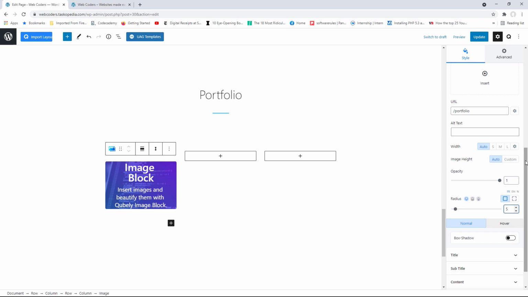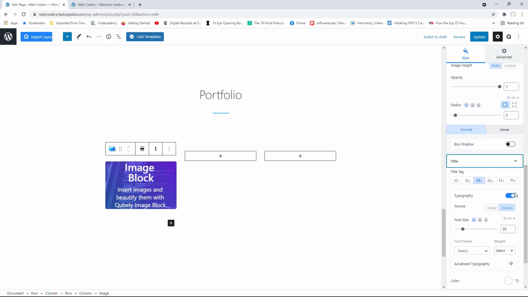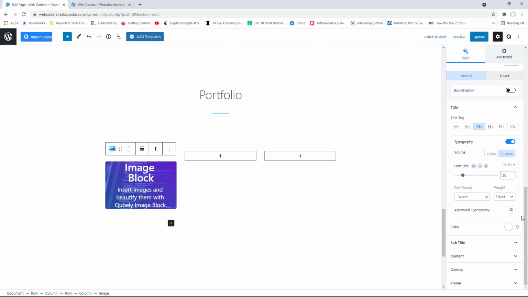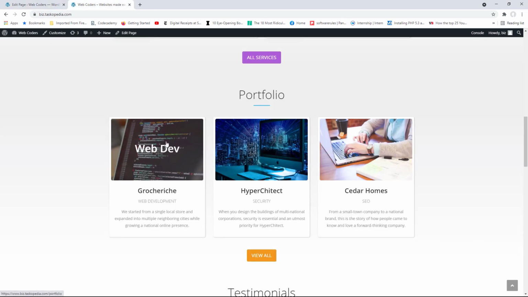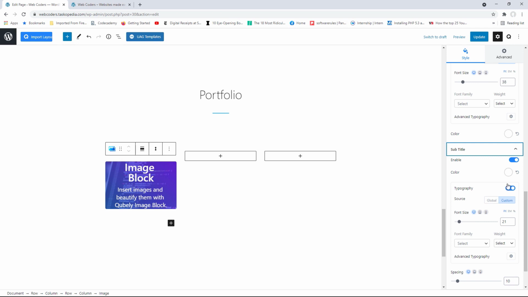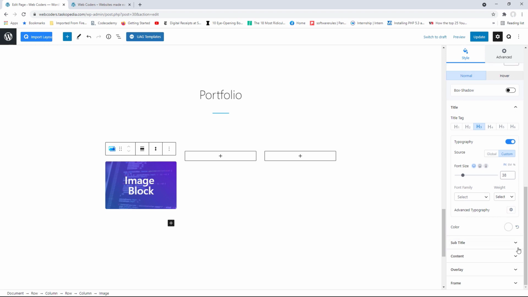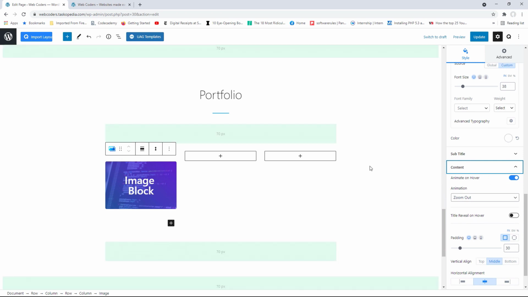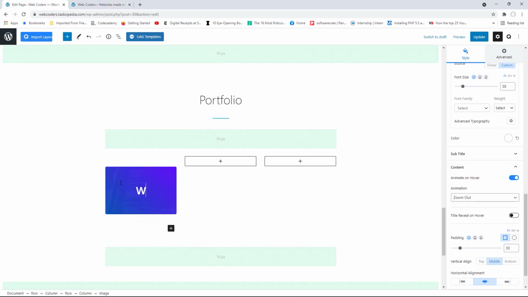And then let's come down here to the title. So typography is on, font size is 38 pixels. That's fine, we'll keep that as it is. The subtitle, we don't actually have a subtitle, it's just basically the title. There is no subtitle, so we'll need to disable the subtitle. So right here, we're going to click on enable and turn it off so we don't have any subtitle. Let's come down here for the content. Actually, let me go ahead and add the text. It's just basically web dev. That's going to be the text. So let me change that to web